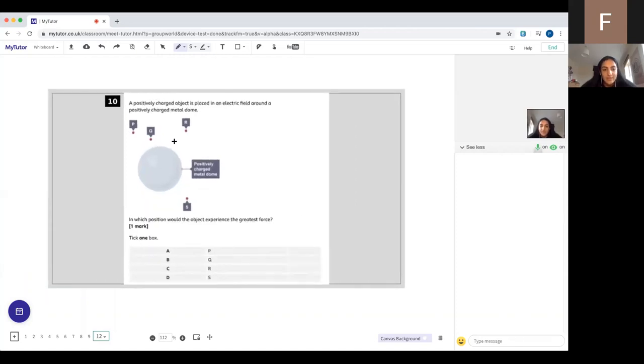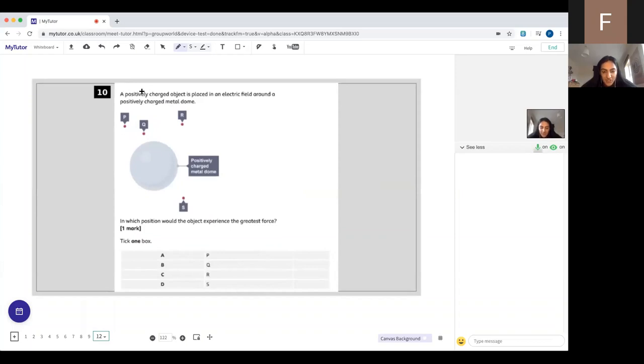It's a little more wordy this time. A positively charged object is placed in an electric field around a positively charged metal dome. So our metal dome is positively charged, and these are all positively charged objects, so P, Q, R and S are all positive charges. In which position, P, Q, R or S, would the object experience the greatest force? So think about the electric field lines